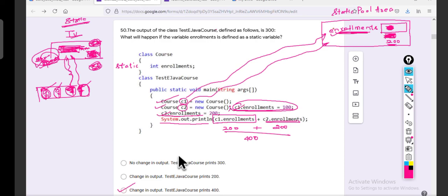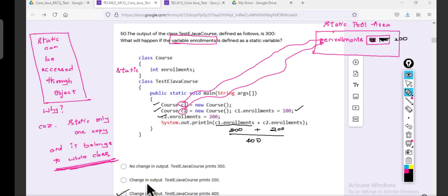This is what I told in the previous classes: if one copy belongs to the entire class, when anyone changes it, it will affect the whole class. If you had listened to the class very carefully, this question would be very easy. Write the question and explain with an example. Make it quick.